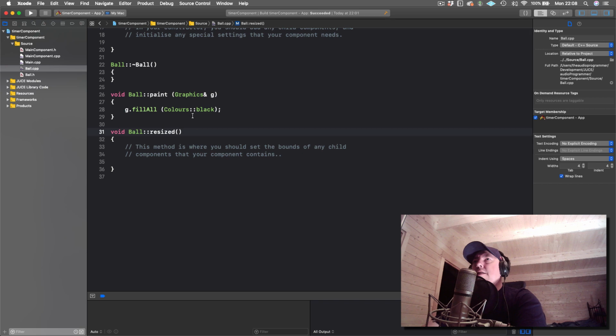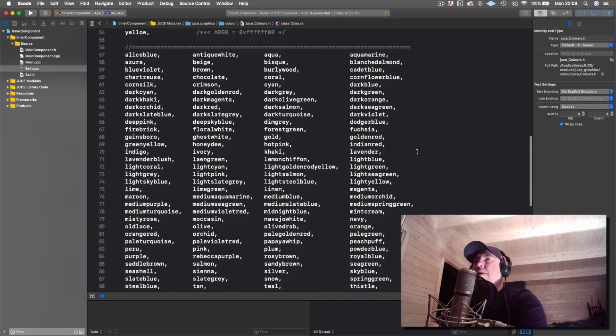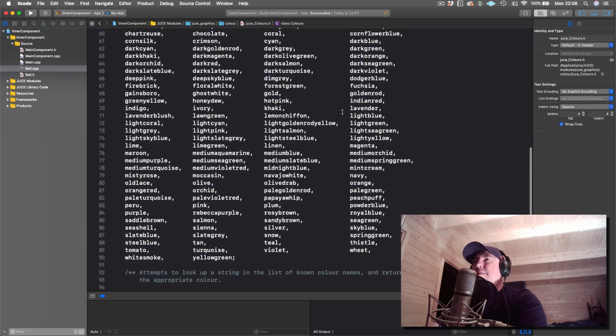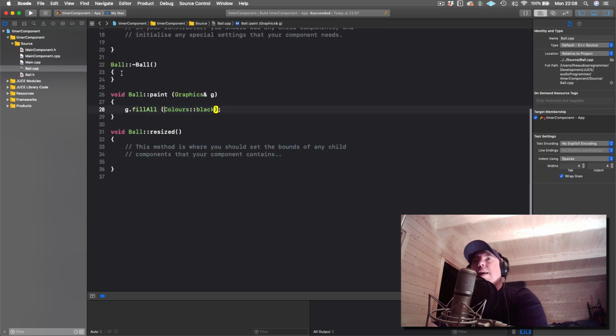If I command-click in here on Colours, you will see that it has a list of all the colours that we could actually call. So you can make it light salmon, you can make it goldenrod yellow if you want to, loads of different colours in there. But for now, we're just going to make it black. So now what we want to do is